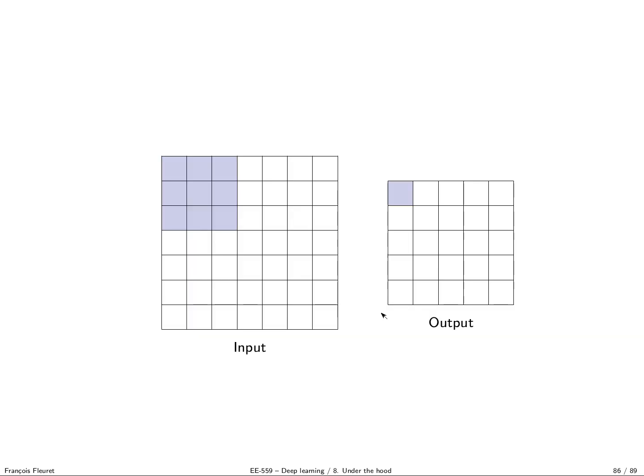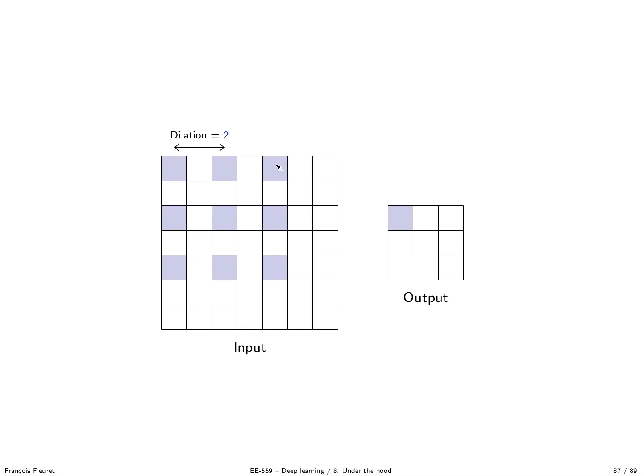And the idea is as follows. Imagine that for standard convolution, we would have a 3x3 filter, and if we get this input, we get this output. And this actually can be seen as a dilation of 1, because here the distance between two non-zero coefficients in the filter is 1. Basically, it's a dense filter. But we can perfectly increase this dilation. So, for instance, with a dilation of 2, the filter would be like that. There would be non-zeros only on the blue squares, and everything else would be zeros. And then the output map is, of course, smaller because the filter has to fit in.